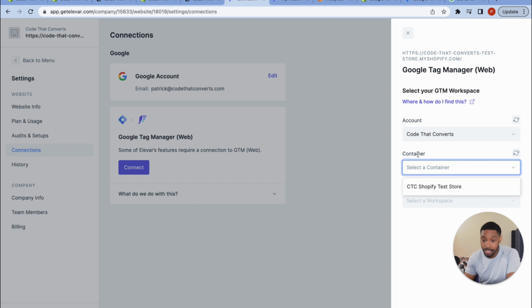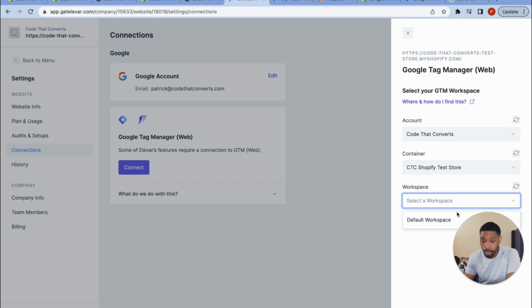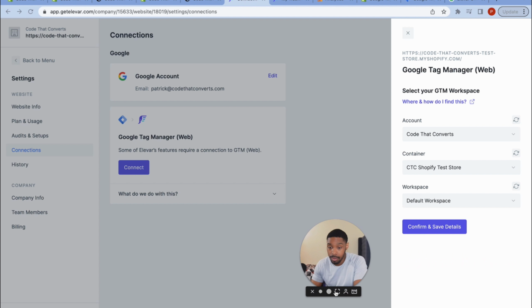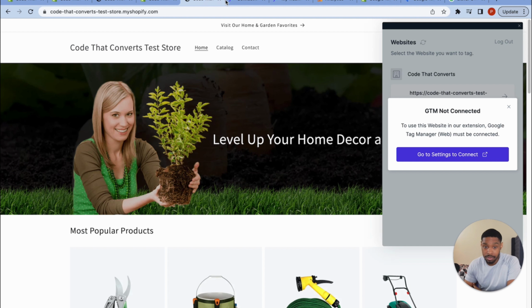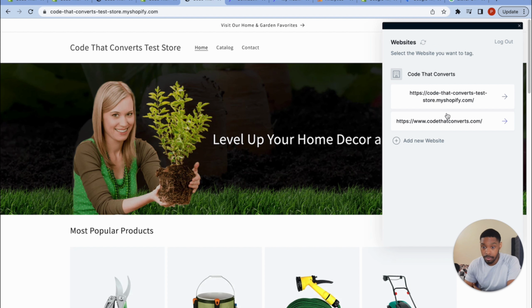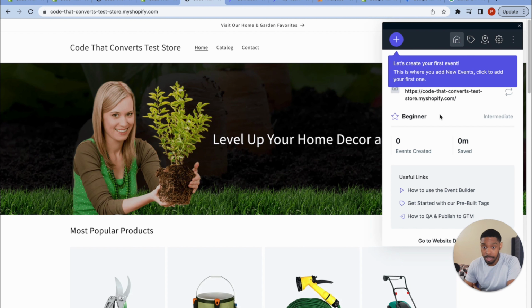It's asking for the GTM container, and then it's asking for the workspace. Click default workspace. So just real quick before we continue, make sure you select your account, make sure you select the right Shopify GTM container. If you're doing this for the first time, you'll only have one container, and then select the default workspace. All right, it has access to all your info for GTM, so you should be able to go back in here and get this to work. You're gonna refresh the list, click on your Shopify store,